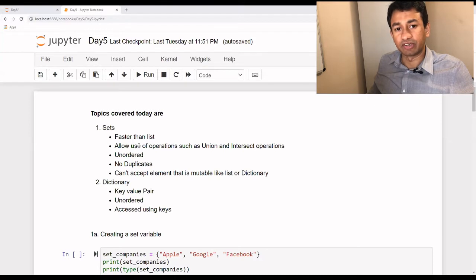The other thing is that a set is not ordered, we don't have any indexing, which means that you can't have any duplicate values, unlike a list or a tuple, which allow duplicate values because we have indexing. Even if the same value comes up multiple times, their individual positions or indexes would be different, whereas since a set is unordered, we can't have any duplicate values. And one thing about a set is it can't accept any element which is mutable, such as a list or